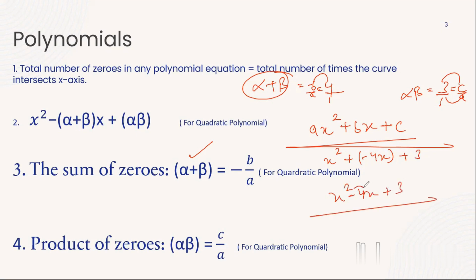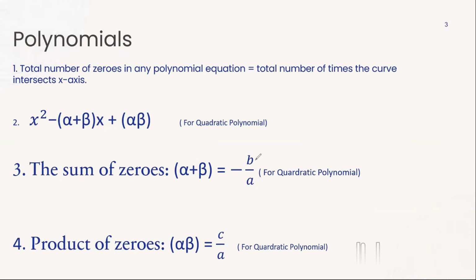So it means the sum is this. And what is the product? Sum is 4 here, because the minus you have already in the formula. So this is the sum, that is 4. And what is the product? Product is 3 here, right? So a verification question will come based on that, and please learn the formula, because they can ask you to make a quadratic polynomial by using the sum and the product, right? Next, sum of the zeros is minus b by a. Don't forget to put the minus sign in the sum of the zeros, and product is c by a,